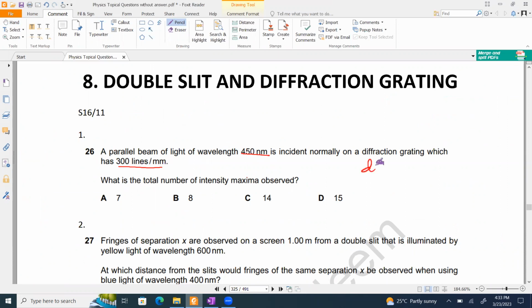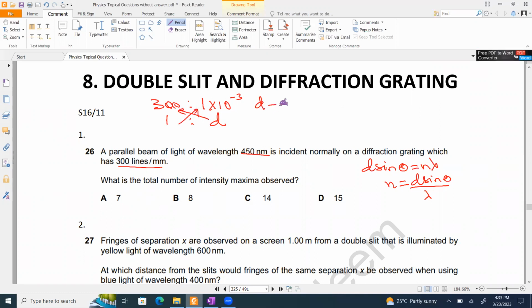Because the formula is D sine theta equals n lambda, n equals D sine theta upon lambda. 300 lines are there in this much length, so we have to find out how much length one line spacing has. D is going to be 1 into 10 exponent minus 3 upon 300. And one more thing: because we are finding how many total maxima are formed, for finding total maxima,